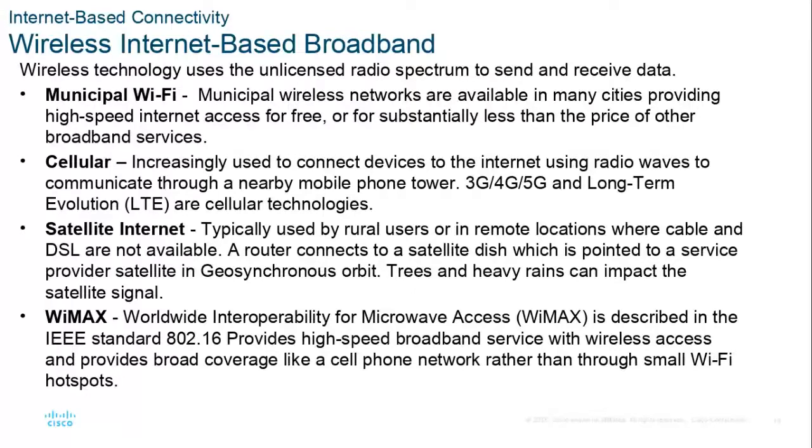Cellular is a very popular means of connecting. Most cell phone companies, you can turn it on, make it a Wi-Fi hotspot, and hook your laptop computer to it. If you live in an area where there is no cable service or no telephone service, maybe you can get a connection. You live in the middle of the Gobi Desert, maybe. There are still geostationary satellites that you can get service from. They're not that fast. They have latency, but you can still get service where you can't get it anywhere else through satellite internet service. Hughes, for example, is an example.